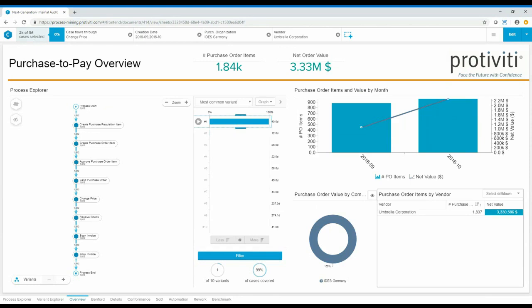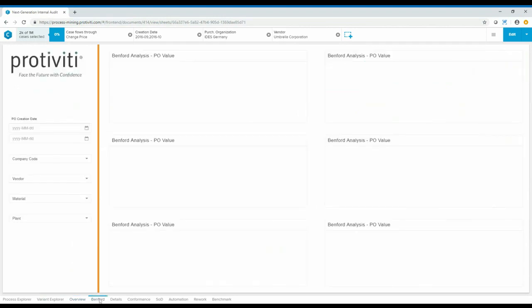And you may be thinking, well, we have the analytic solutions, we write rules, we run tests. How is this different? I think hopefully the differences that we've demonstrated so far are very obvious. The ability to create these visualizations that are interactive and dynamic and allow you to drill down and isolate areas of interest. But you can also do what I'd call traditional analytics audit tests. So, a favorite of the auditor is the Benford's analysis.